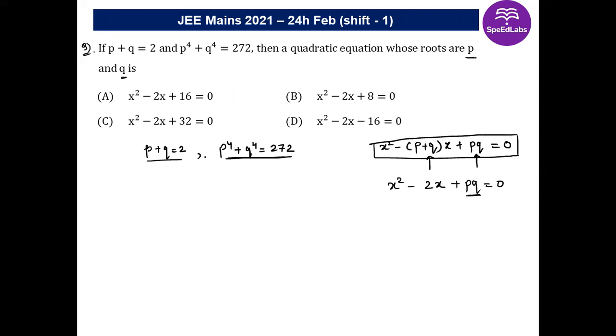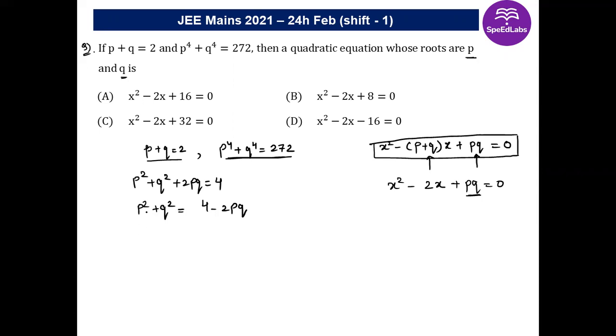वो कैसे फाइंड करेंगे? So it's also quite simple. What you can do, you can take a square of this first condition. So if you take a square on both the sides, you'll get p square plus q square plus twice of pq equals to 4, right? And again if you take this twice pq on the right hand side and again take a square on both sides.